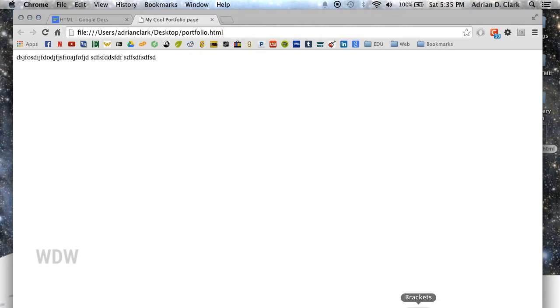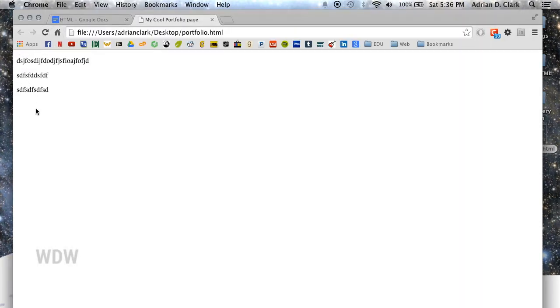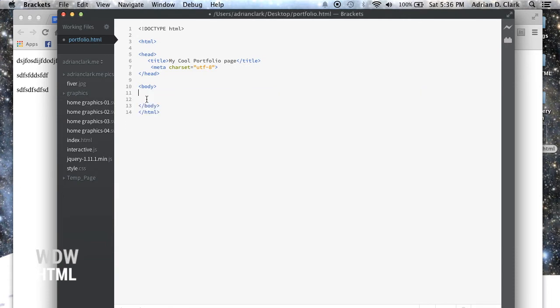With HTML, regardless of the spacing you have in your code editor, what really matters is the stuff that's in between tags. So just to give you a little preview, if I wrap this in a p tag, which is a paragraph tag, and then I also wrap this guy in a p tag, I expect this to be styled a little bit differently. Yep, and we can see here that everything gets their own line. And we're going to be looking at that more in styling, but for right now, let's delete everything we have,